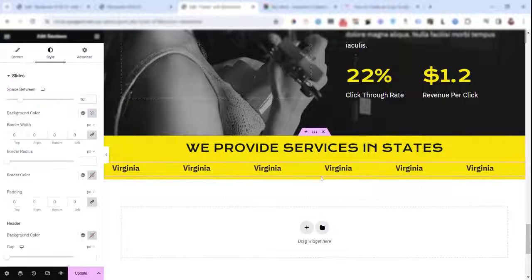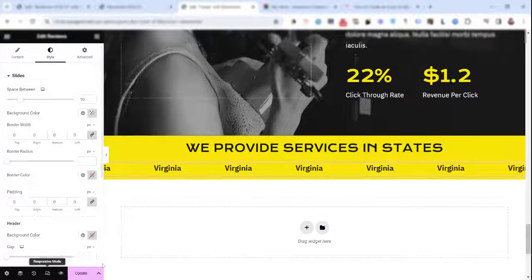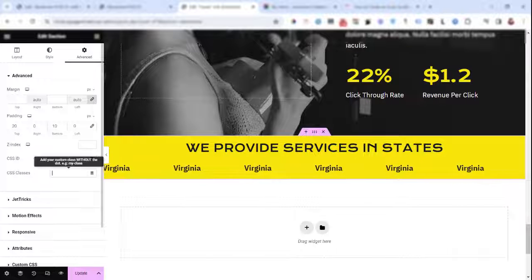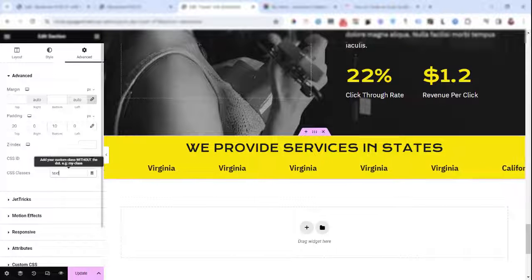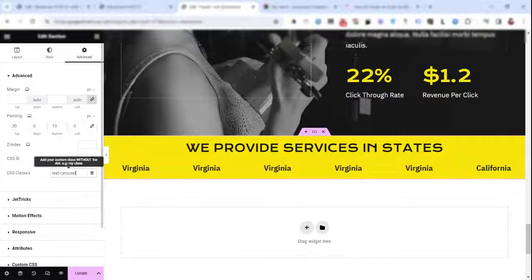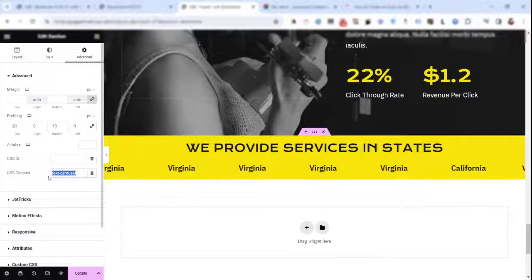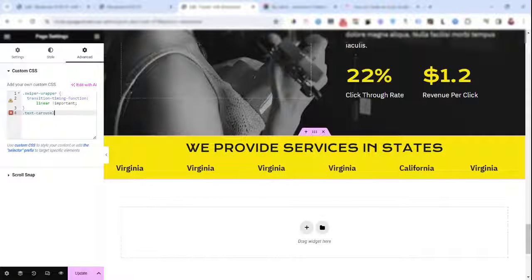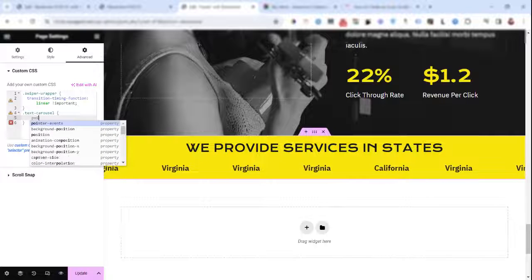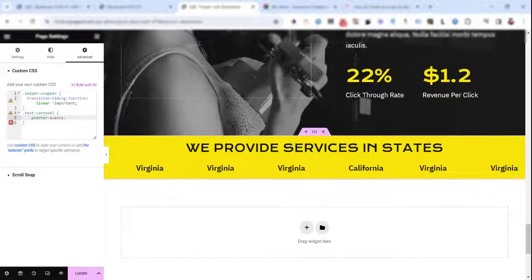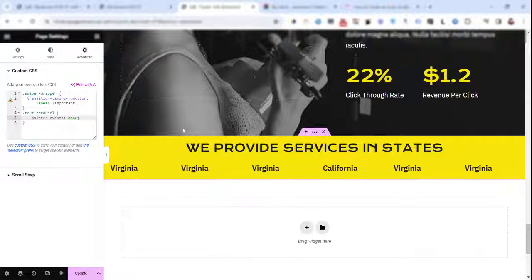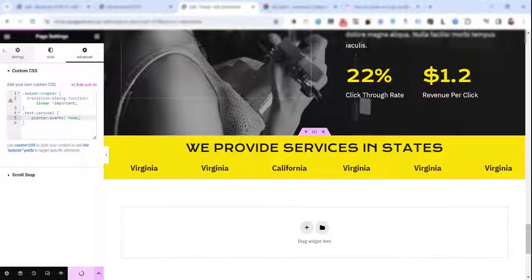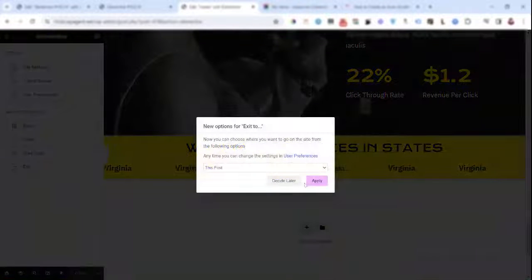Now the extra options could be, if you don't want the people to scroll through it, you can click on this and give it a class, text carousel. If I go to this and add the class text carousel that we have given, pointer events, none. Now no one will be able to scroll it through, and it will keep flowing like this is flowing right now. And if I can show you on a live page,